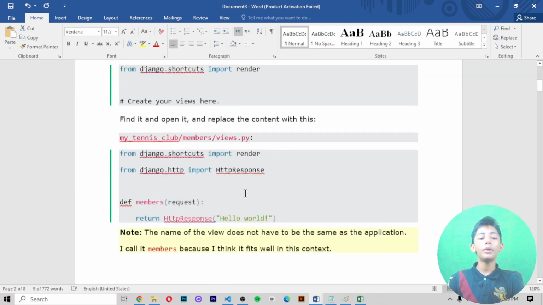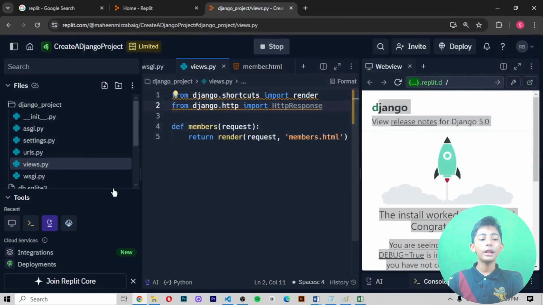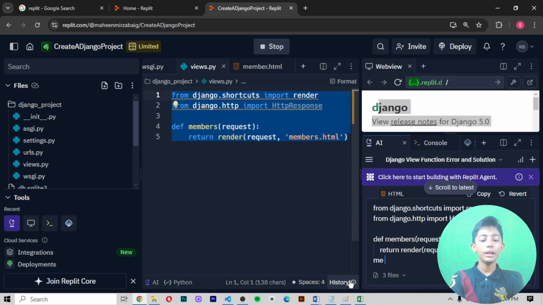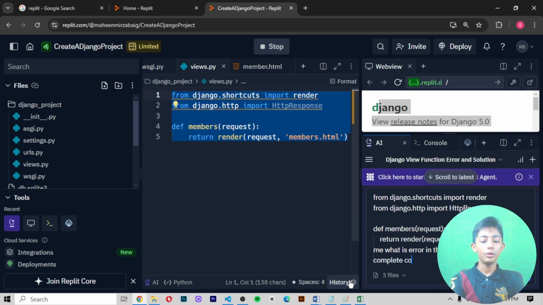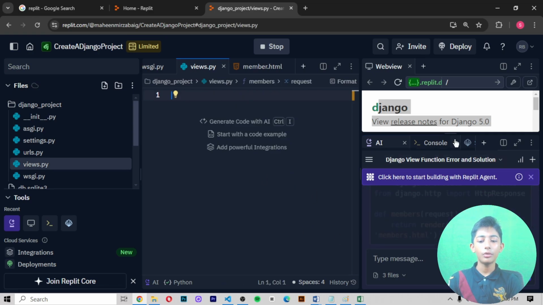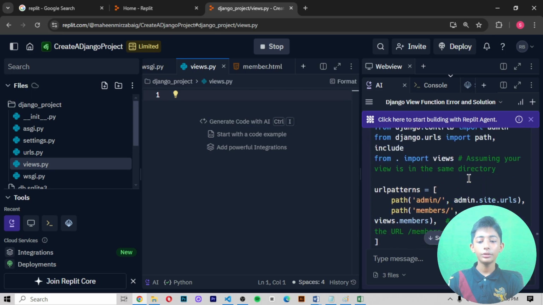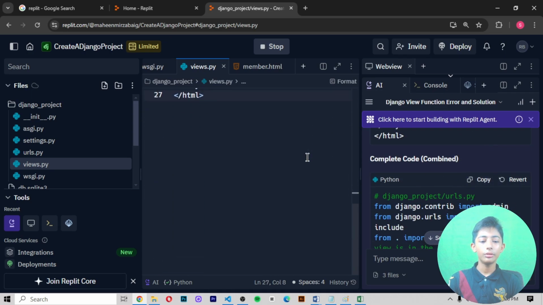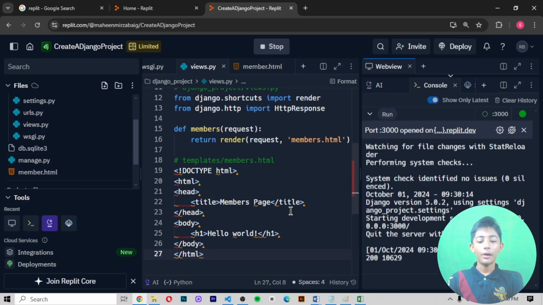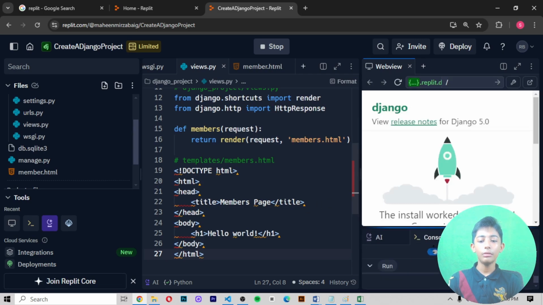So in today's video, we learned about the views.py file. I hope your concept is clear about that. This is called the views.py file. And if it gives you an error, in Replit there is one feature: go to AI and ask, please tell me what the error in this code is, give me the output also, complete code. Then it will start showing you the error in your code, solve it, and give you the fixed code. When you insert it, you can run it easily. Like that you can do it very easily.